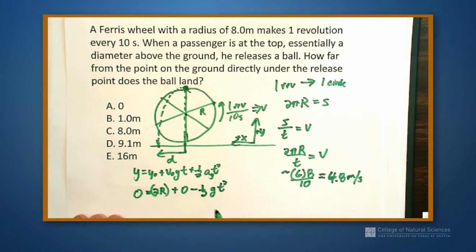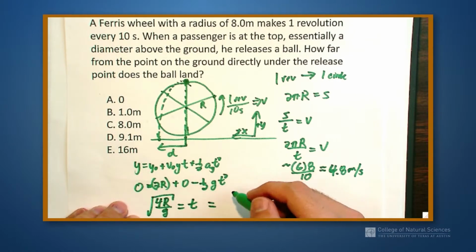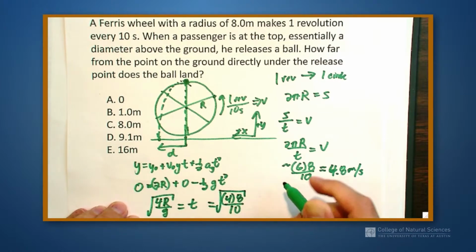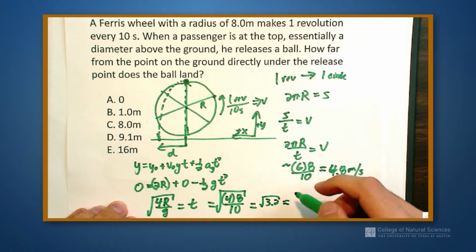Or 4r over g square rooted is going to give me my time. G is 10, 4, 8, and the square root will give me the square root of 4 times 8. 4 times 8 is 32, so square root of 3.2, which is approximately equal to 1.8 to 1.9